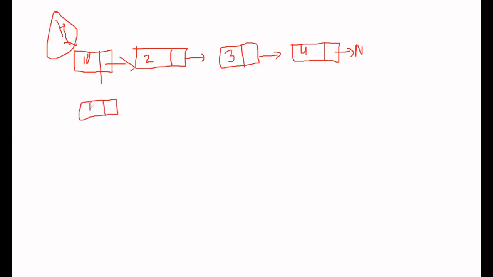So 4 should be here, and after that it should be 3, after that 2, after that 10. And our head should point to this node, and 10 should point to none. Reversing our linked list, do you all understand?